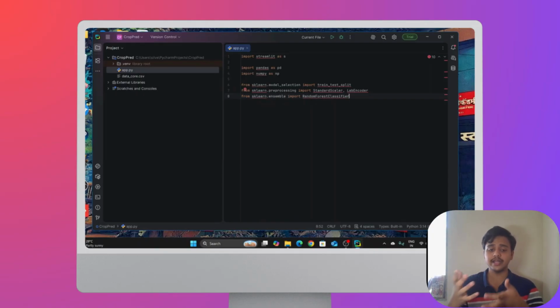So these are machine learning tools, same as we used in our previous lecture, lecture 4 of our series.